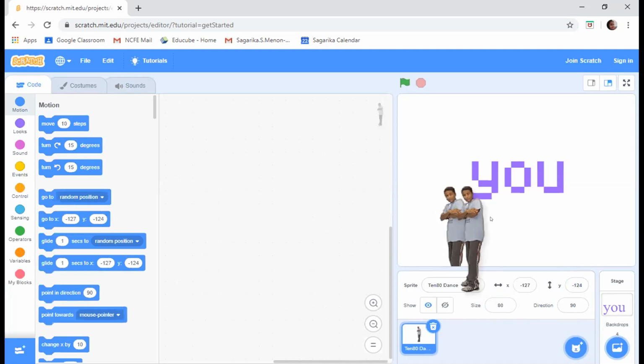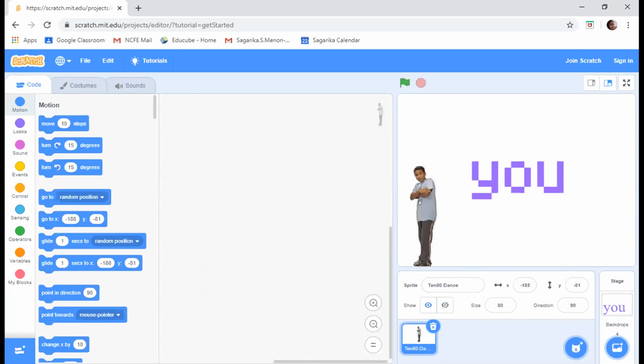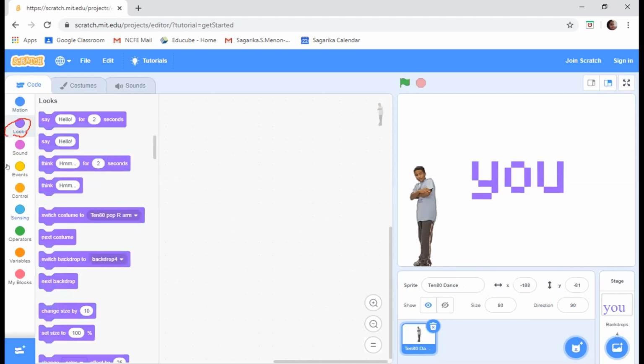Okay, very good. Now go to looks, and let's drag and drop the think block.